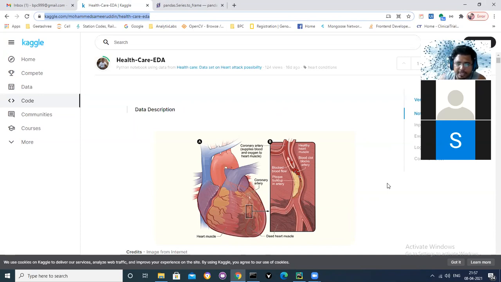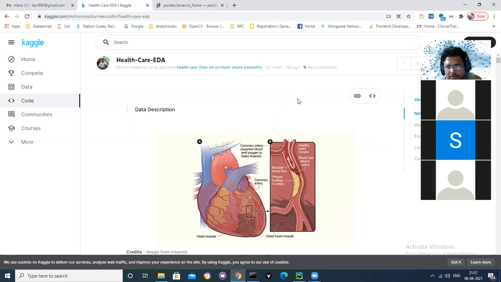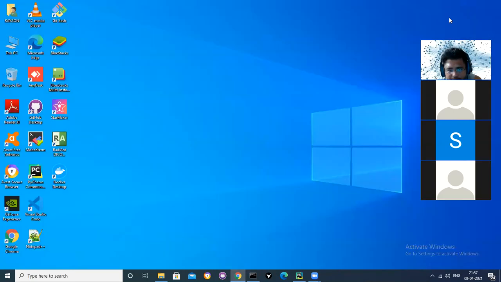Any doubts, anybody? How do we download the CSV file for this? Deepika has put it in the chat, so you can download from there. Okay, got disconnected, join again. Oh, you lost your chat? Okay, I'll put it again. Wait, I'll put it. From the Kaggle website, how do I get this?